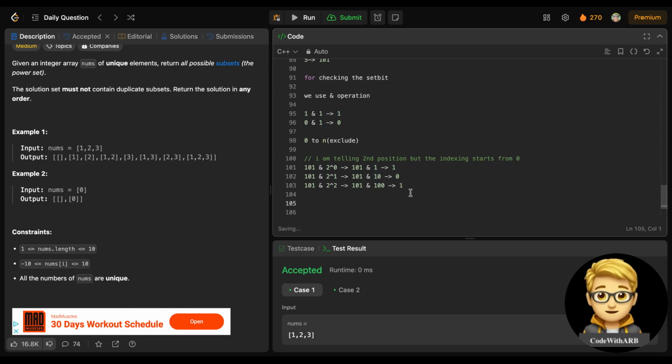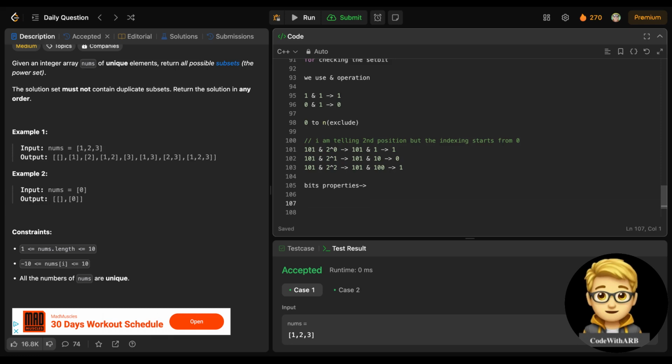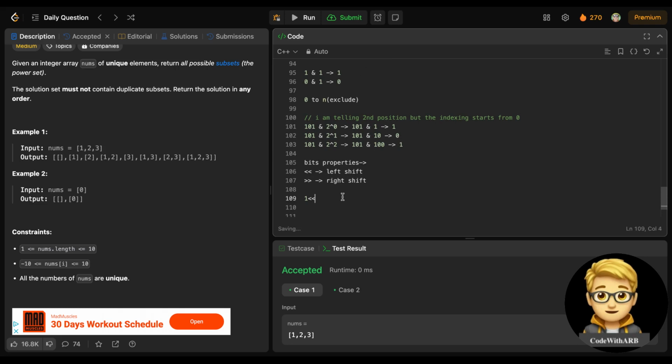And one more thing, I will tell you the bit properties. This is 1, and this is left shift, and this is right shift. If you shift 1 by any element, suppose j, it becomes 2 to the power j.